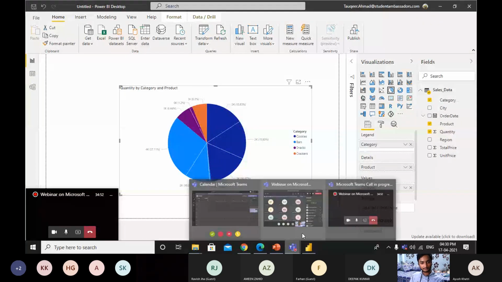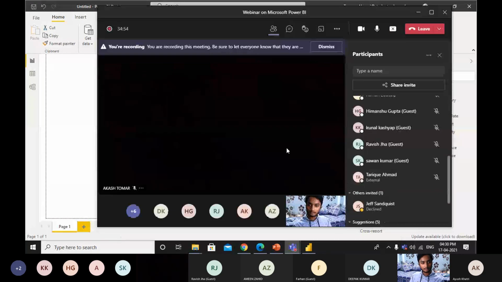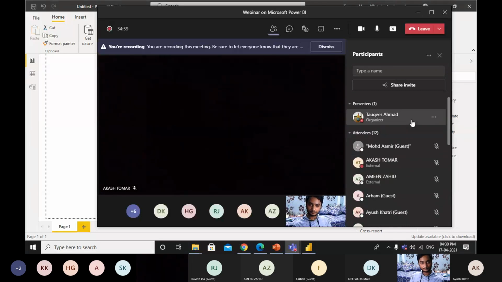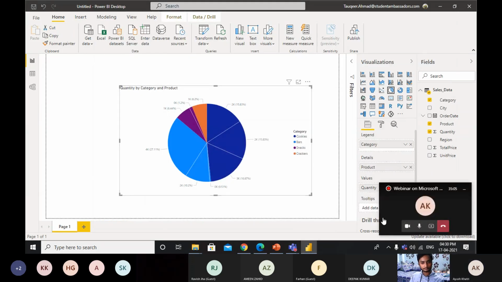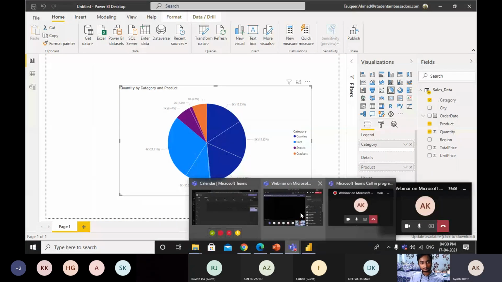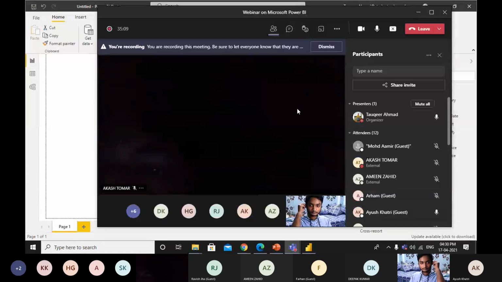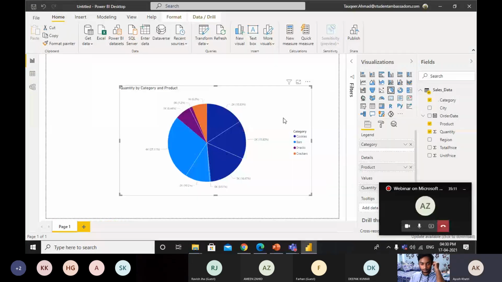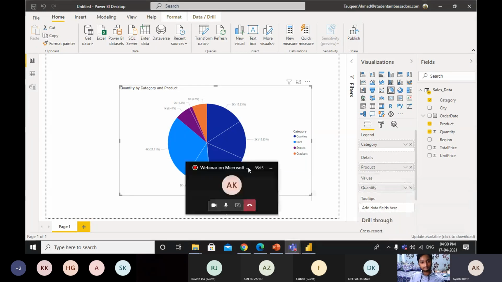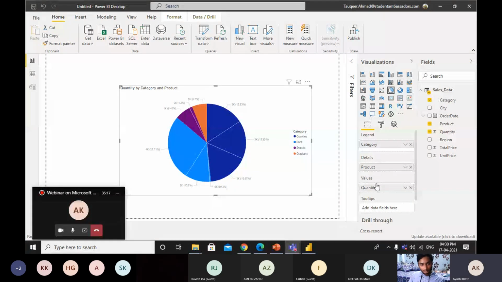I think there is a query. Someone is saying something. Hello. Yes, Akash. Can we change the color here? Yes, sure. Here the representation is by blue color. See,